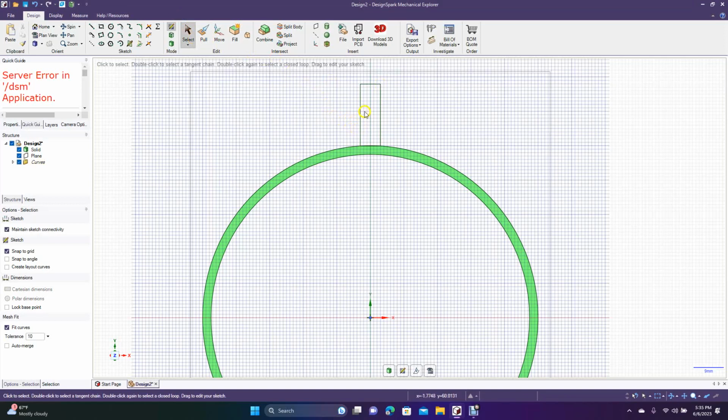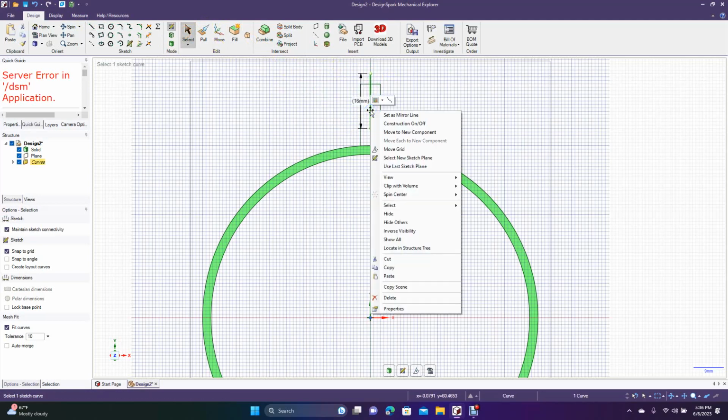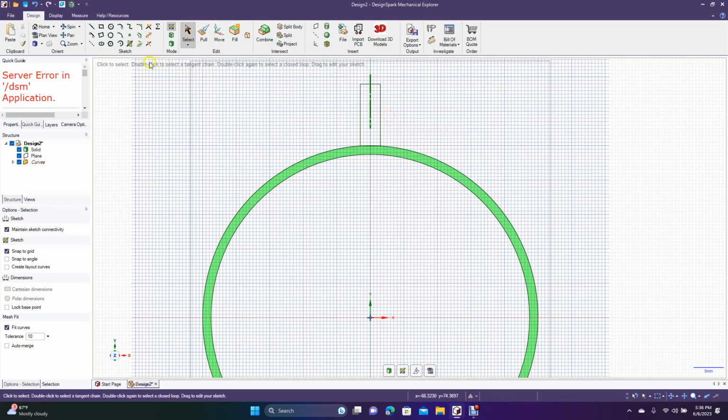Okay, now what we're going to do is go ahead and put a little spike on there. So we're going to get our line here, and we're going to put a line in the middle here and make a mirror line out of it. So we'll select to click off. So click on that line that we just drew there, right mouse click, set as mirror, and now we're going